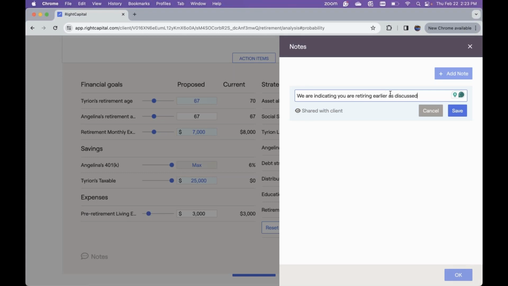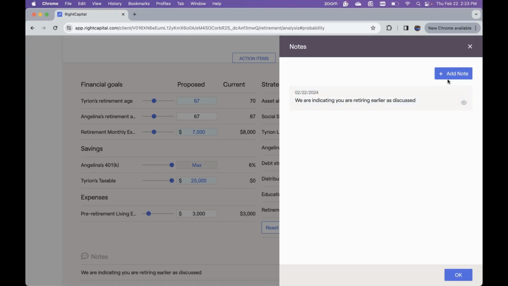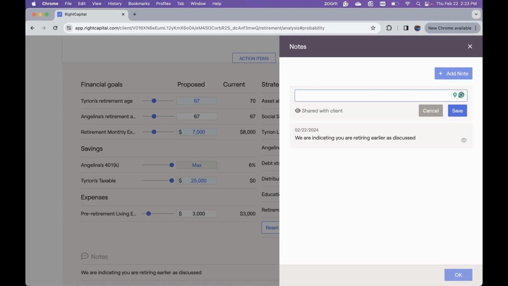As discussed, you can leave that kind of note of maybe what you discussed. But you can also leave a note for yourself as well. So we can mark this as not shared with the client by clicking on the eye icon. And especially if we wanted to leave a note as a resource for ourselves, maybe the last time we reviewed this,